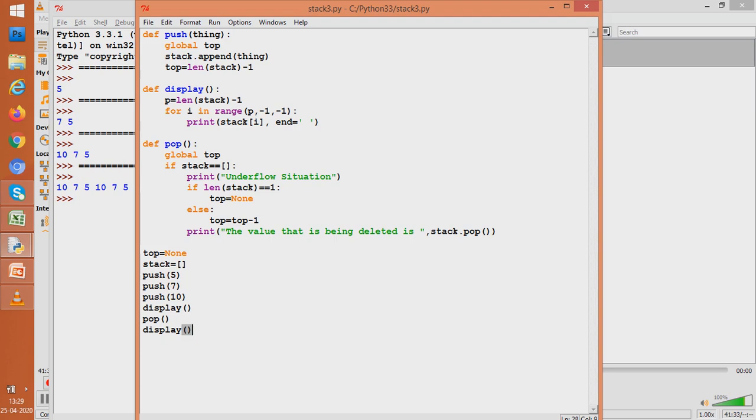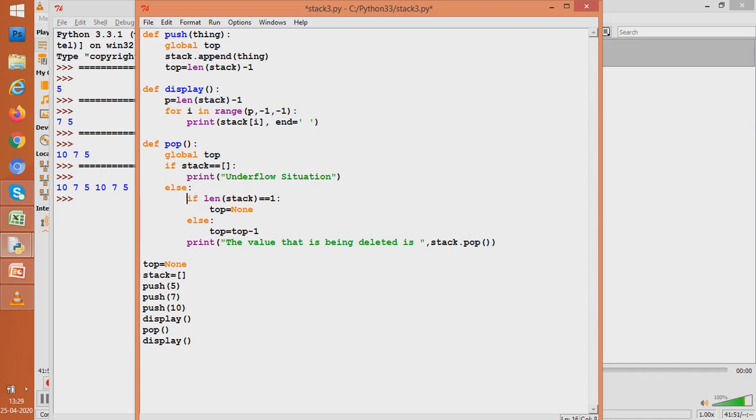So if else is not given, then what would happen? The if len stack is equal to 1 will work even if the stack is empty. So let us put the else there and make the code correct. We put an else there and the if comes after that else.